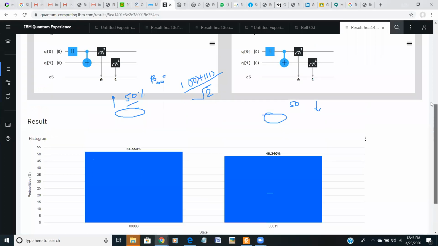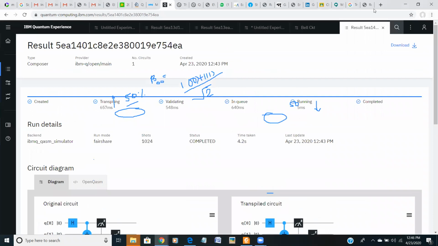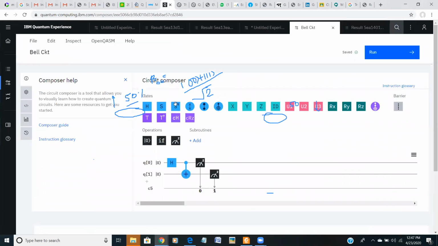So let us see by changing the input of your Bell circuit.